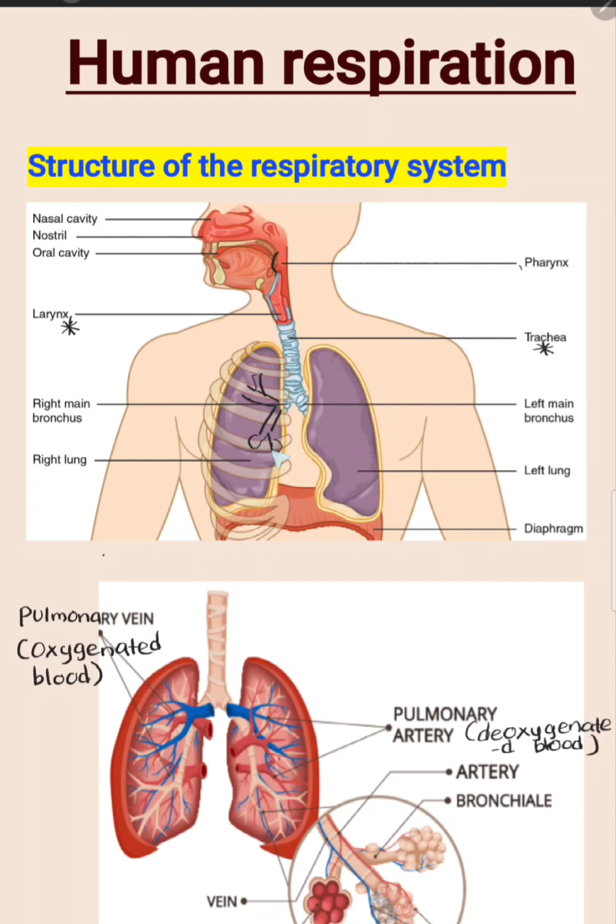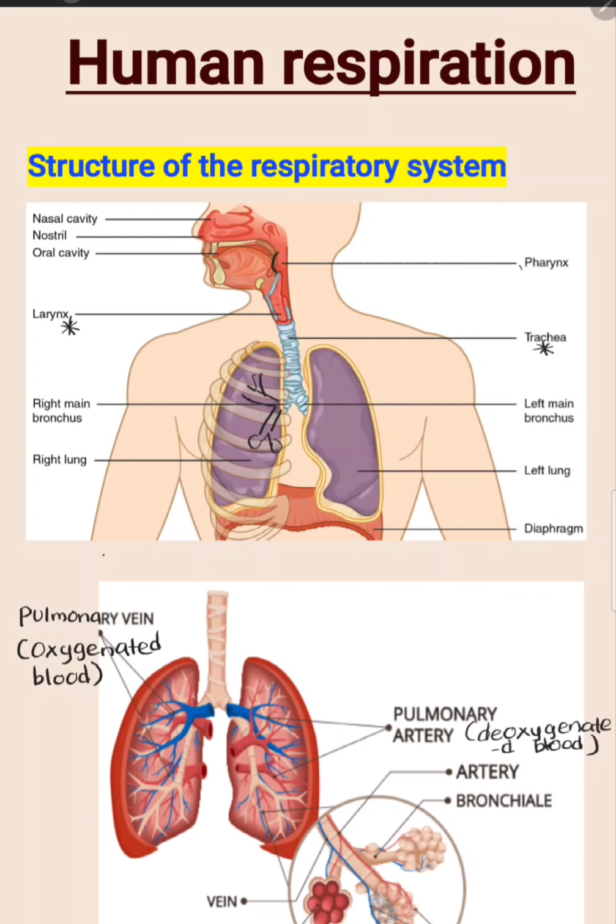These bronchioles end up with small structures, the alveoli. If I take the structure again, first is the nasal cavity, oral cavity, pharynx, larynx, trachea, bronchus and bronchioles, and the